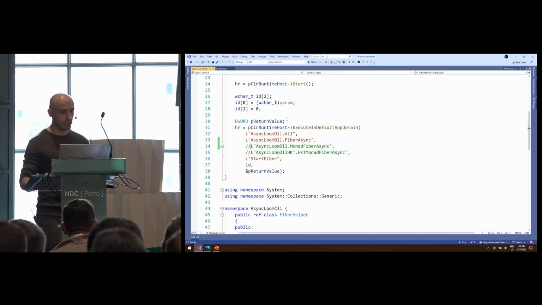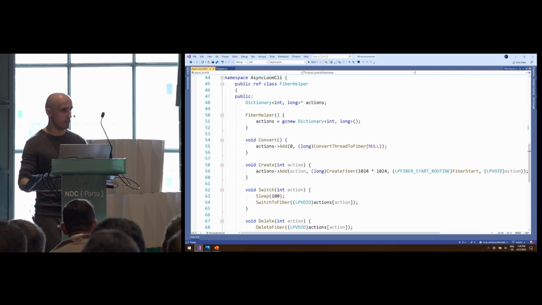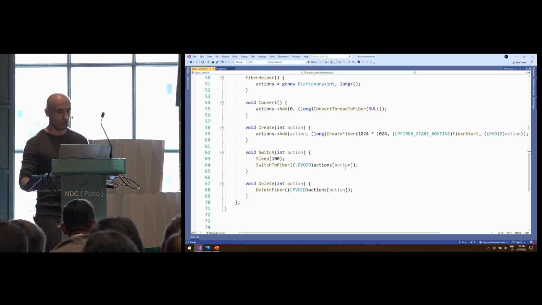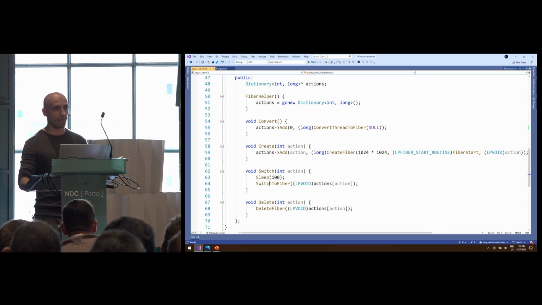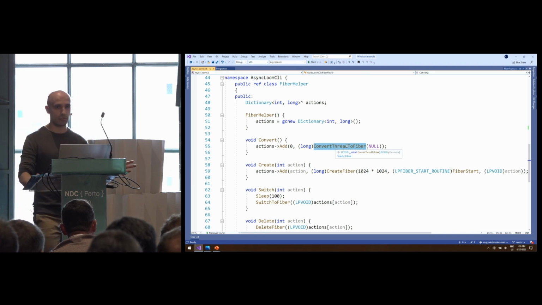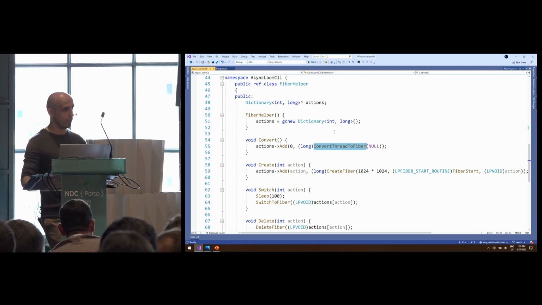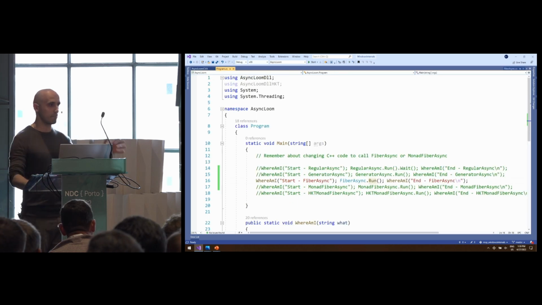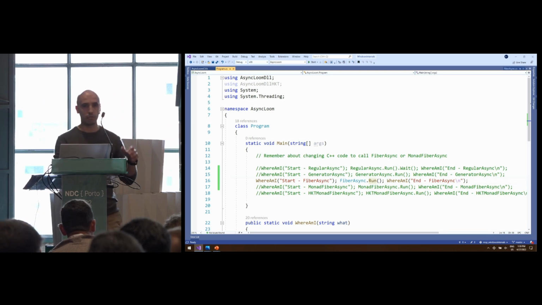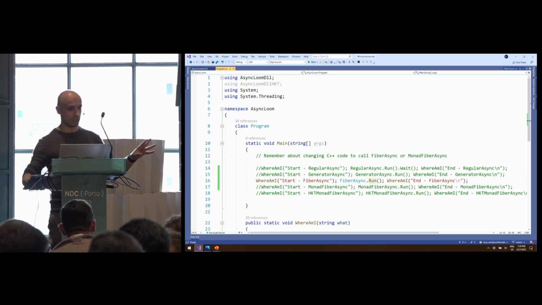The other part which we need to have is we need to have basically some, I use C++ CLI to basically call the WinAPI methods, right? So the only thing we need to do is we need to be able to call the switch to fiber from the WinAPI, delete fiber, and there is convert thread to fiber. And that's all. If you have this, you can actually go with the implementation of the async and await on top of green level threads. And this is exactly what Java Project Loom does. So instead of using these coroutine transformations, we just go with green threads on top of the OS threads.